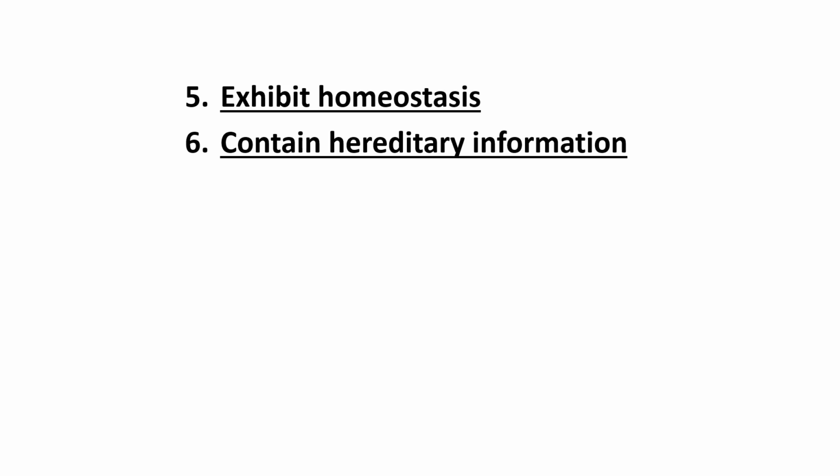Hereditary information is always found in life. Another very interesting part of life is that it contains information. And that information is something that we'll talk about when we get to genetics. Genetics, which is chapter 6, will be out of sequence with the text, with the way I cover it, but genetics and hereditary information go hand in hand. So this is essentially DNA and also RNA. All life has it, and there are actually no exceptions to that. And what's fascinating about it, as we'll talk about, is that it's very, very consistent across life.